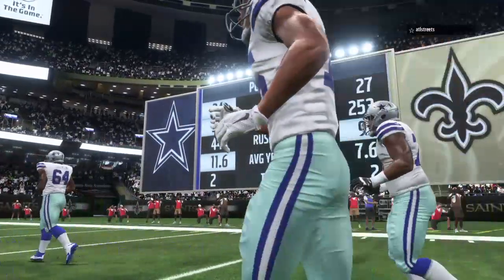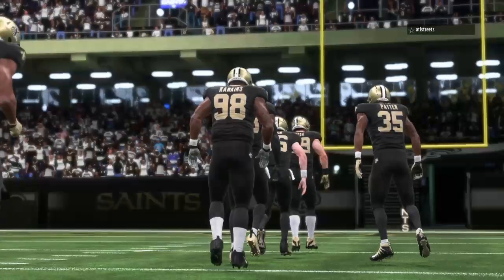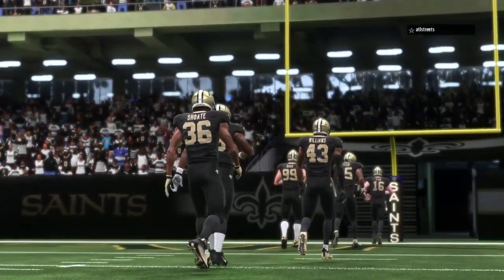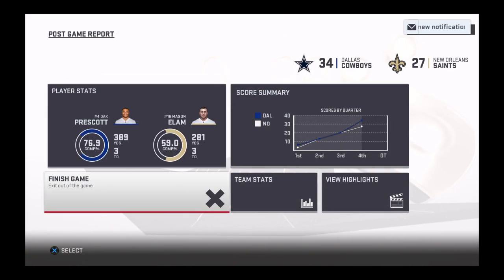So for Dallas, it's an ideal start as they move to 3-0 now on the young season. And they will head home next week to take on the Tampa Bay Buccaneers. Meanwhile, for New Orleans, they'll fall to 1-2. And they'll look to regroup next week as they head to L.A. to take